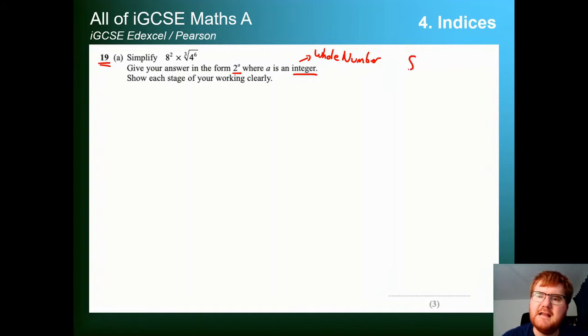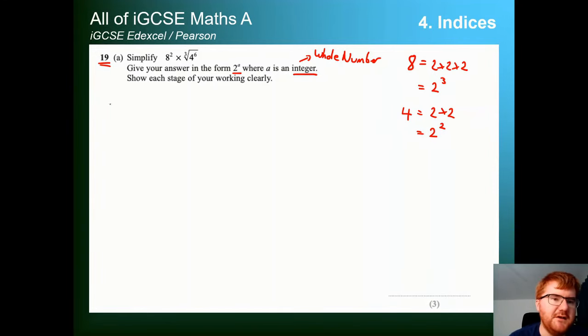Well, remember 8 is the same as saying 2 times 2 times 2, which is equal to 2 cubed. And 4 is equal to 2 times 2, so that's equal to 2 squared. So wherever I see an 8, I'm going to put a 2 cubed. Wherever I see a 4, I'm going to put a 2 squared. So if we do that, got an 8, so I'm going to put a 2 cubed